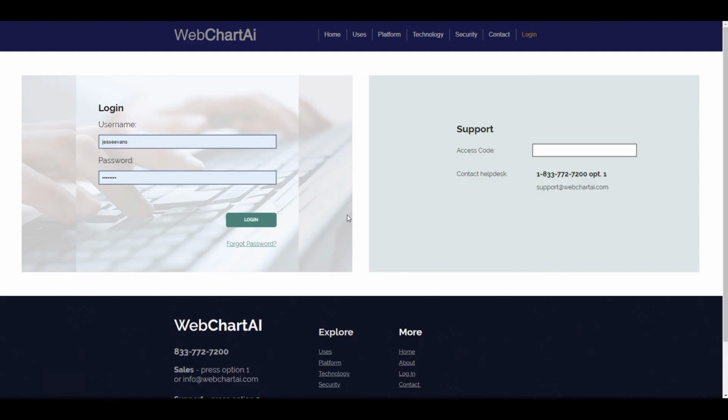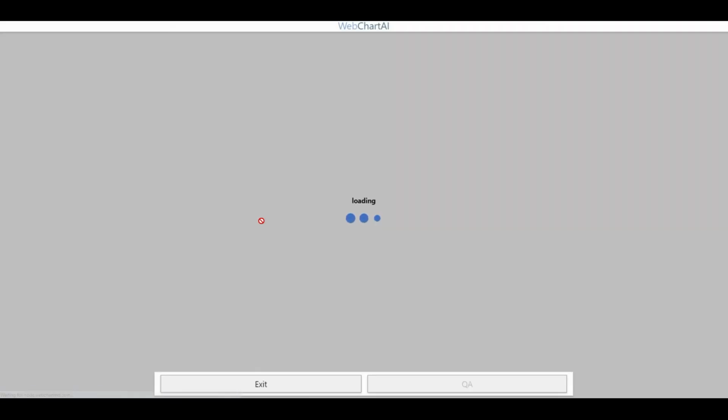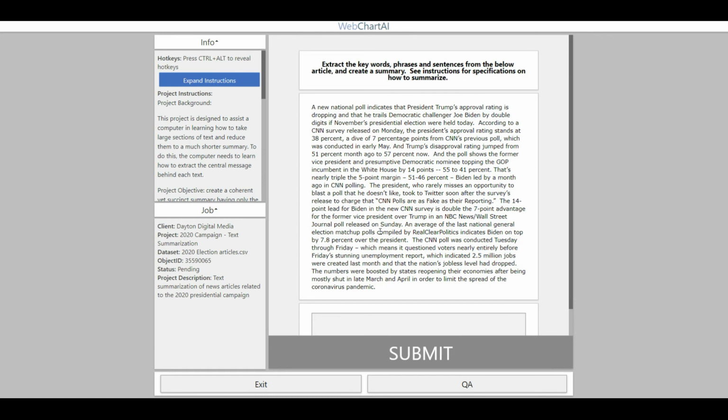I'll log in as one of the annotators assigned to this project. When I do, I'm brought into my annotator. My prompt that we saw on our settings screen now appears at the top. The article for summarization appears below it. And then in the place of a binary or a checkbox workflow or dropdown, I'm given a free text box